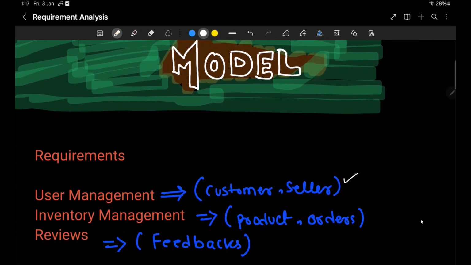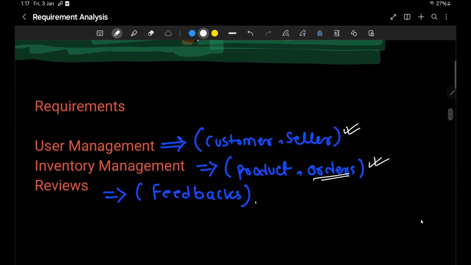User management, where we need to track information about users. Inventory management, where we need to track the stock of the particular products and the status of the order that is been placed. Reviews given by the customer to a product.